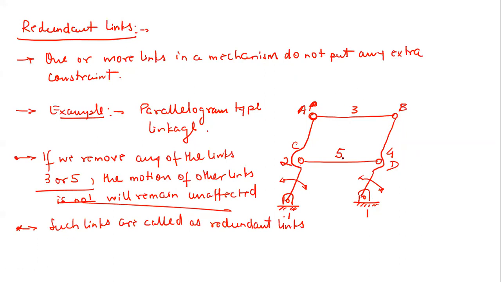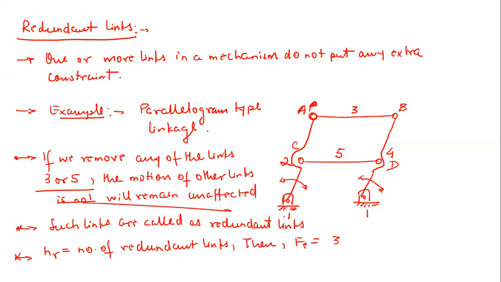Now, if you observe here, you can run the whole analysis in a similar way. That is, n is equal to 5, then count the number of revolute pairs and all these things, right? But let me not go into that. You can do it now. You manage it yourself, right? So let me modify the degree of freedom. So let's say NR is the number of redundant links, right?